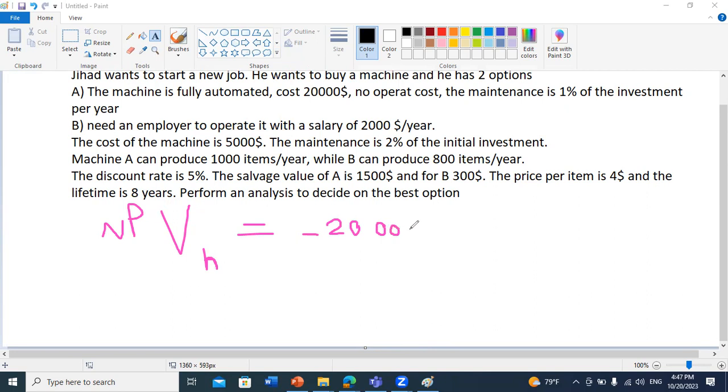Okay. Now, in your calculator, you can solve for the value of the internal rate of return. And also we can do it by iteration. And we can do plus 3,800 times the summation. If you want to do it by iterative procedure, so if I ask you to determine the internal rate of return by iterative procedure, all you have to do is to draw a table. Okay, so this is 1 over 1 plus A to the power I. You do a table and you try several values